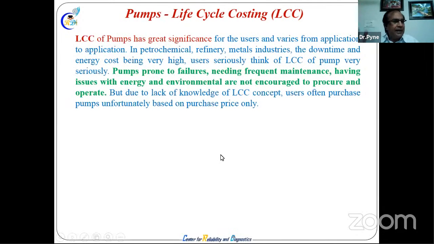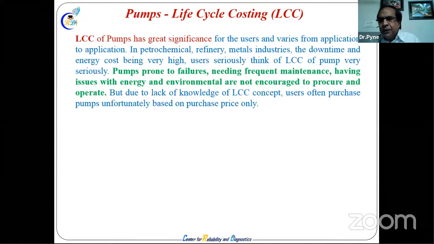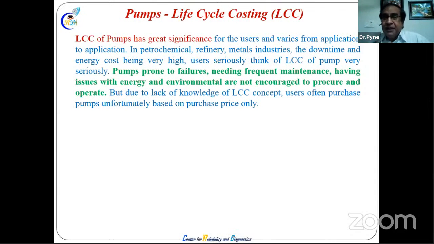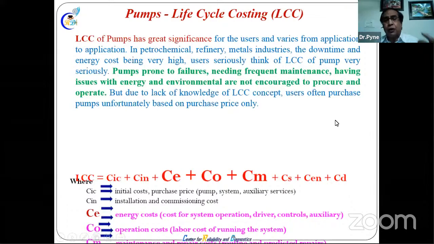We see how much money it costs now, and if it costs less, that is what we have to purchase. This thinking is also in the procurement department. But life cycle costing has now become such a talked-about subject that people in procurement, the good engineers, and nowadays companies prefer not materials management managers but those with an engineering background, with exposure to such things and this understanding. They will be better procurement engineers. So while they discuss technically, LCC, life cycle costing, is important.